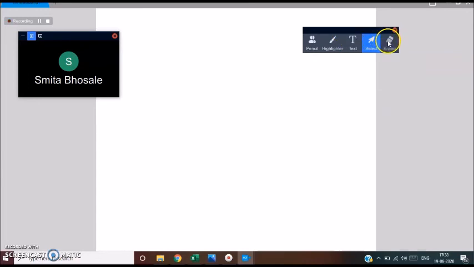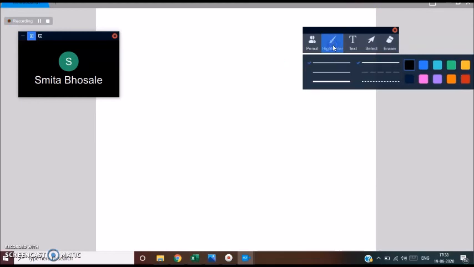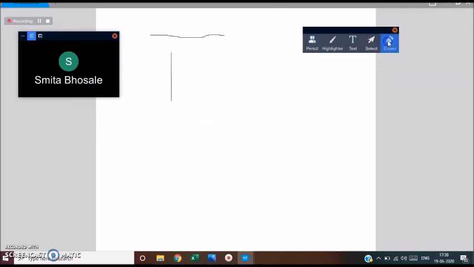You can also use the eraser to erase your work. You can use the highlighter. You can also make use of a pencil to write anything on the board. So this is how the whiteboard can be used. So this is the eraser, which can be used to erase the work.